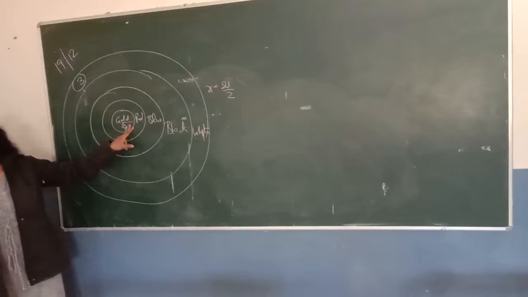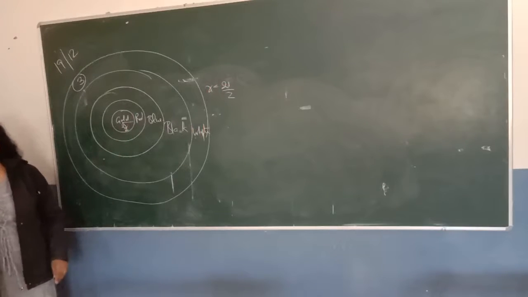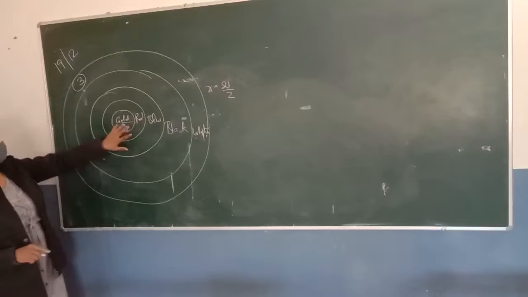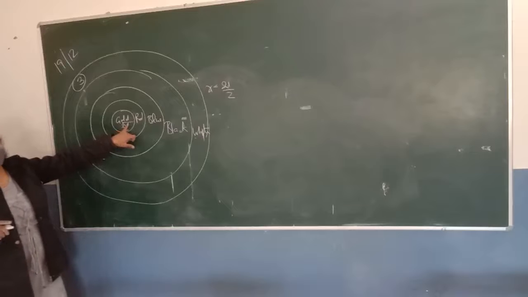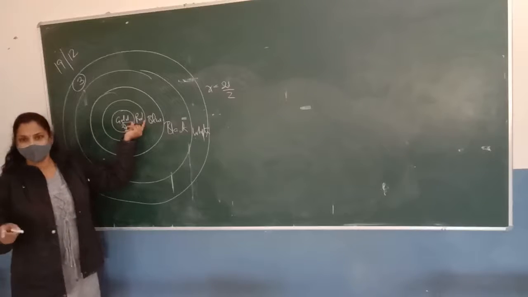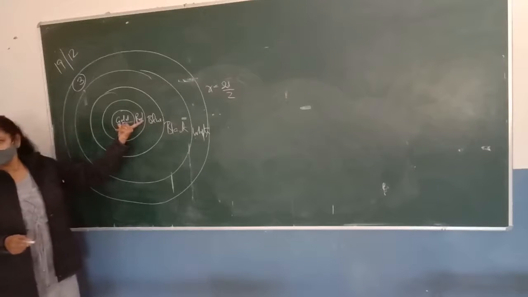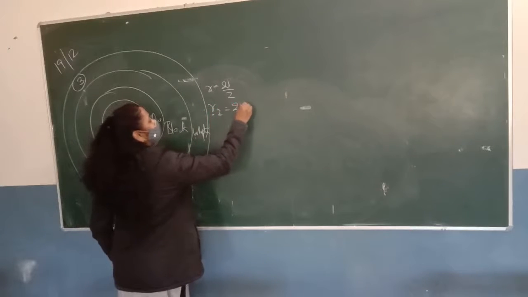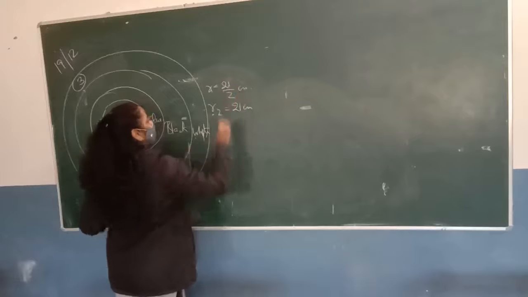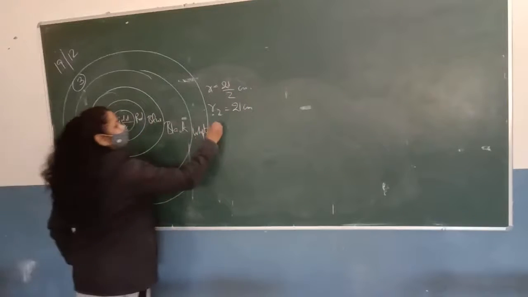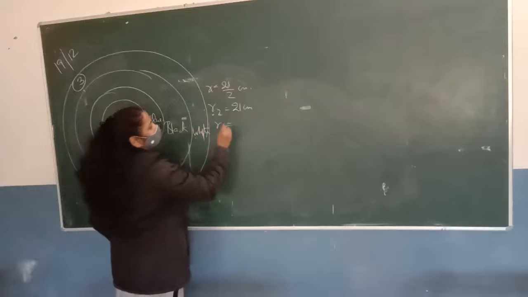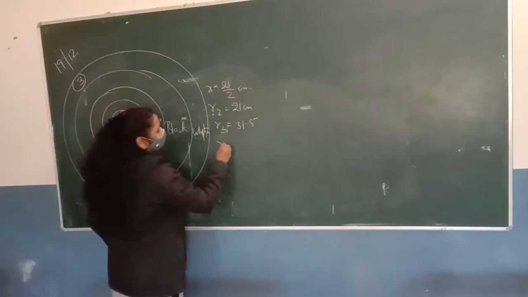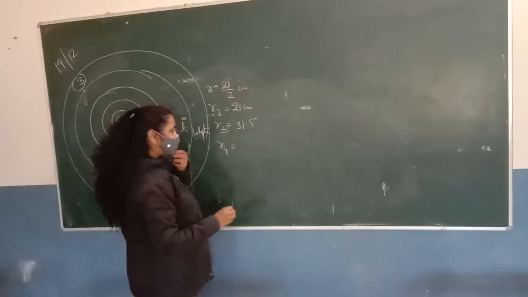Next one? And each of the other bands is 10.5 centimeters wide. So what should be the radius of the other one? The inner circle has a radius 10.5, and the thickness of this one is 10.5. So what should be the radius of this? 10.5 plus 10.5. Yes. It will be 21 centimeter. Okay. So for the third one, R3, it will be 31.5. And for the next one, R4, plus 10.5.